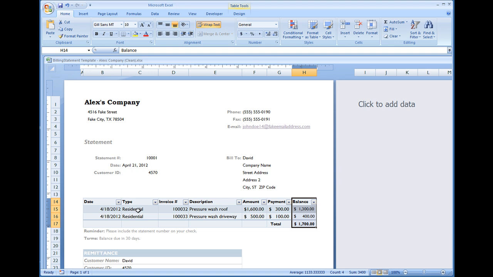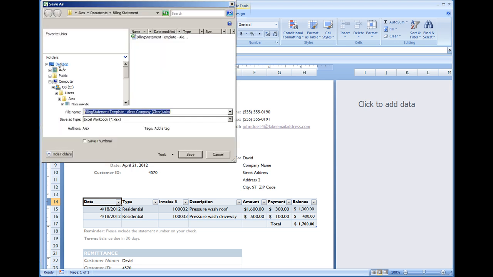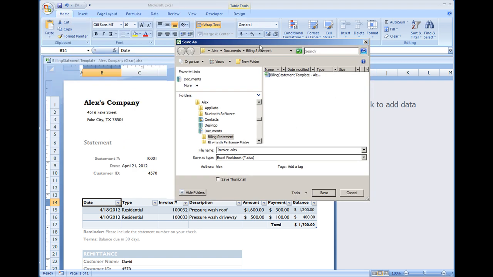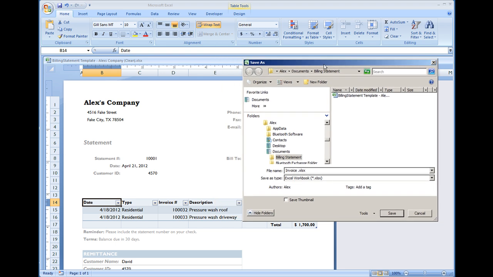Now, one last thing before I close out this video. You don't want to do file save because you'll override your current billing statement template. So make sure you go to menu, save as, and then here what I would recommend doing is maybe putting in the invoice number for the customer. So we'll do invoice